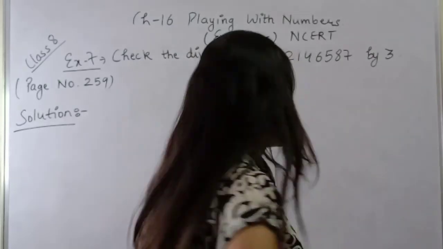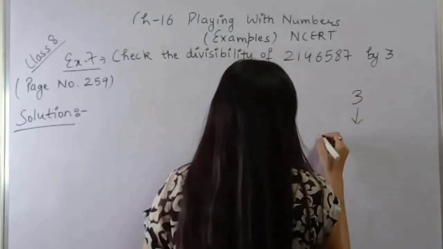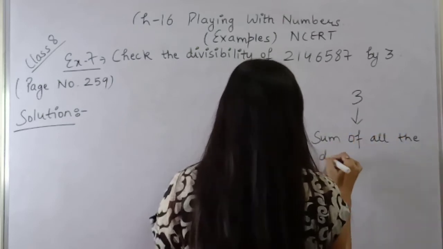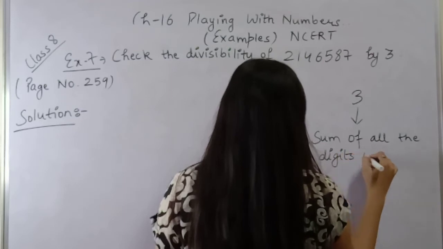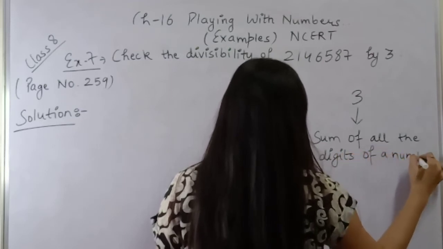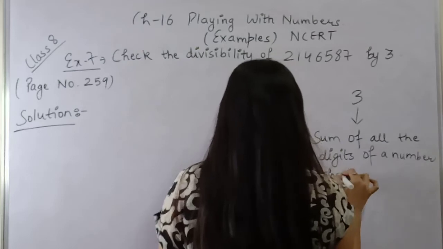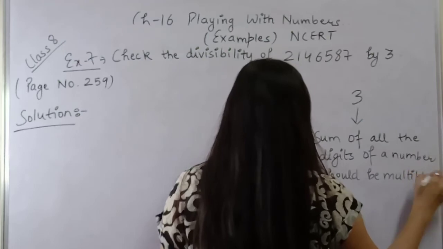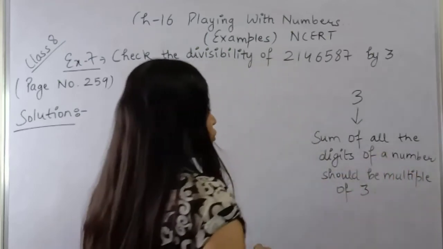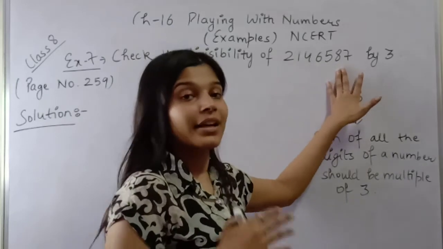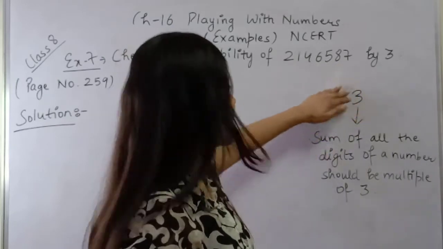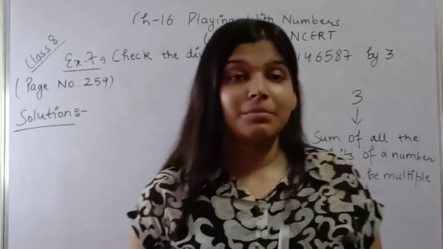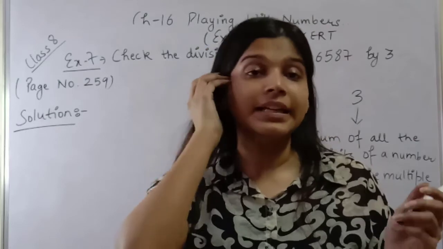अब 3 का divisibility test हमें पता होना चाहिए, which is the sum of all the digits of a number should be a multiple of 3. ओके, सो अगर इन सबका सम ऐड करके जो भी आता है, दैट इज अ मल्टीपल ऑफ 3, इट मीन्स दैट दिस नंबर विल बी अ मल्टीपल ऑफ 3. सो इट मीन्स divisibility टेस्ट ऑफ 3 and 9 आर एग्जैक्टली सेम.